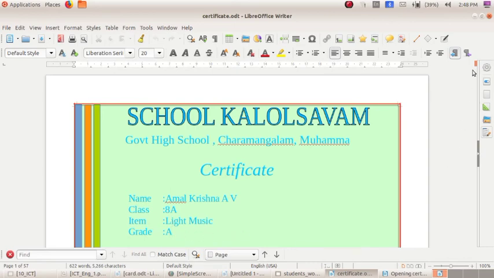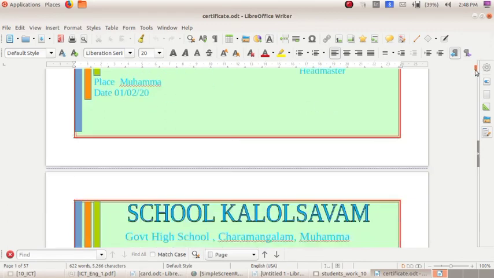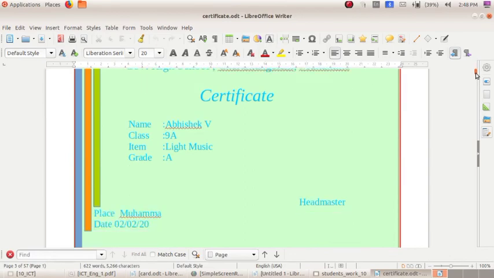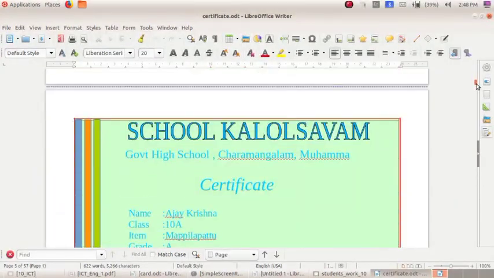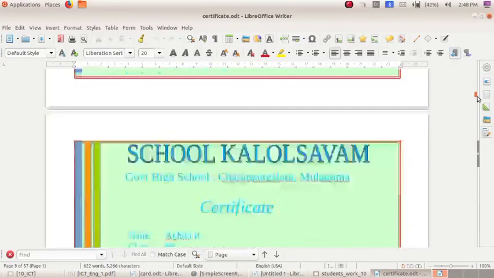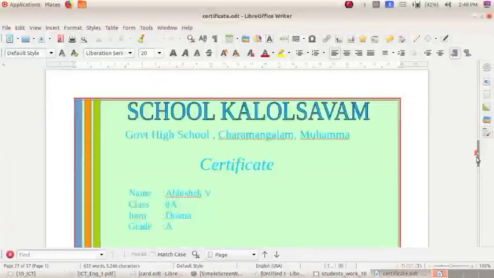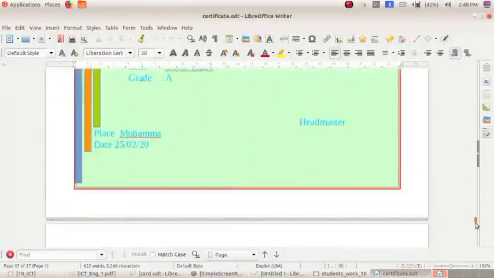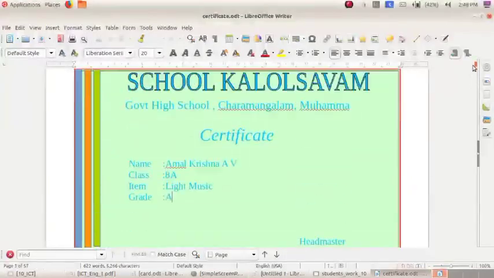His grade is A. Then date is also here. Then for the next, Abhishek V and his details. Adarsh, Ajay Krishna, Ajay Ghosh, Akhila R. So these are the certificates for 29 students from a single certificate.